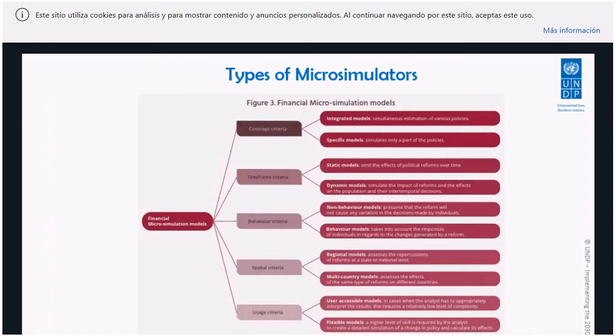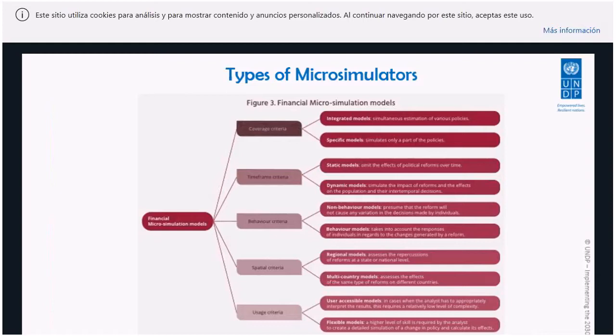Then first we have coverage models, and in these coverage models we have two types: integrated models that are simultaneous estimation of various policies, and specific models that simulate only part of the policies. Then we have time frame models, in this case static models and dynamic models. As you can imagine, static models are for one moment in time, and dynamic